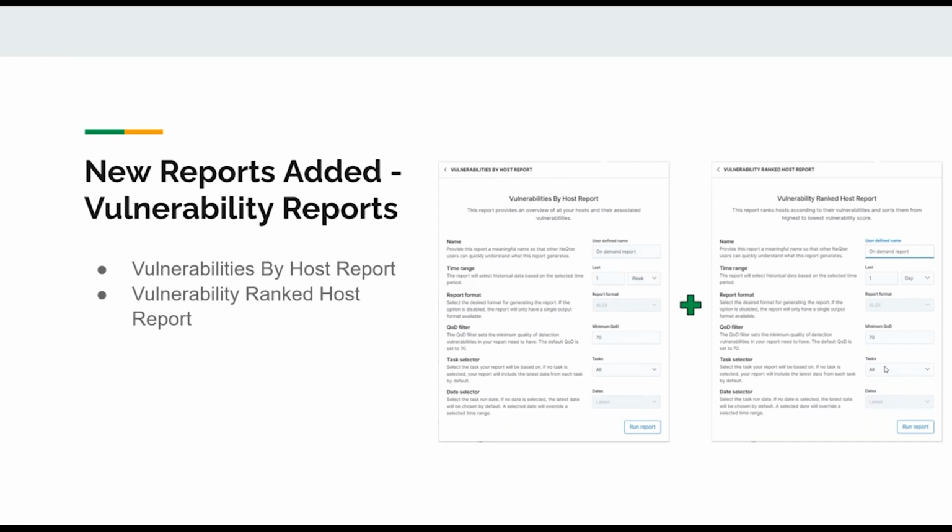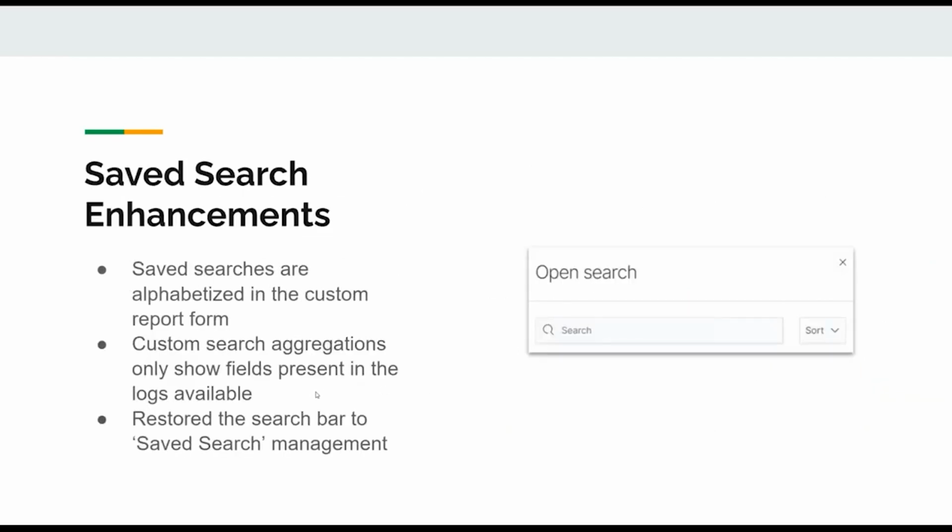And we're going to be adding a couple more vulnerability report types, and I'll be able to talk about that next time, when the update is live, and show you in our demo system what that looks like. So just a little bit of a preview of what is coming in 2.18 with that.